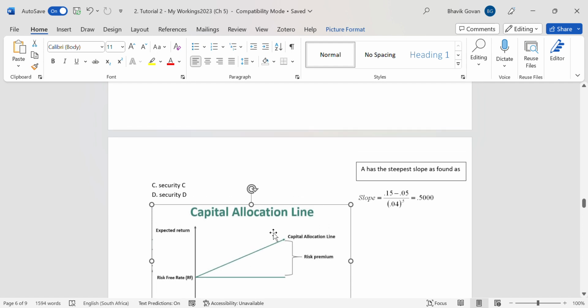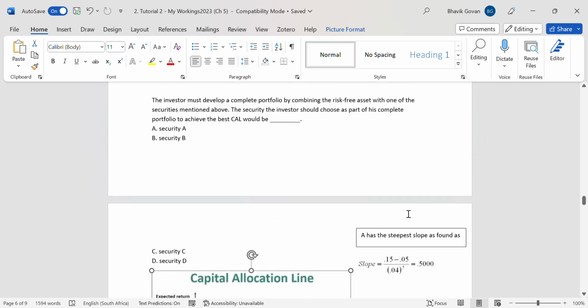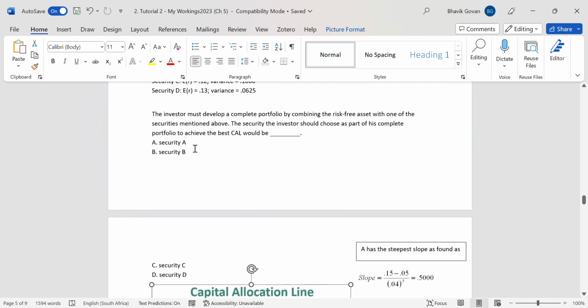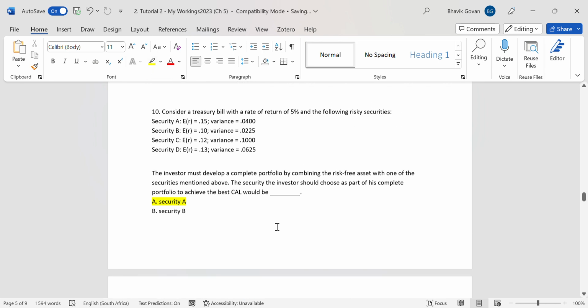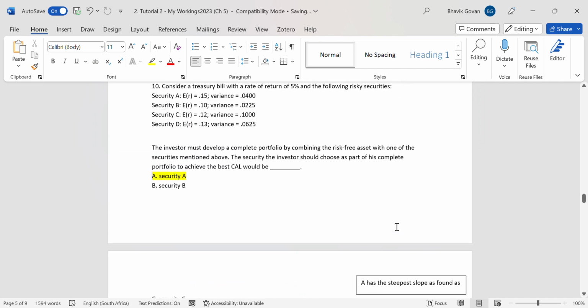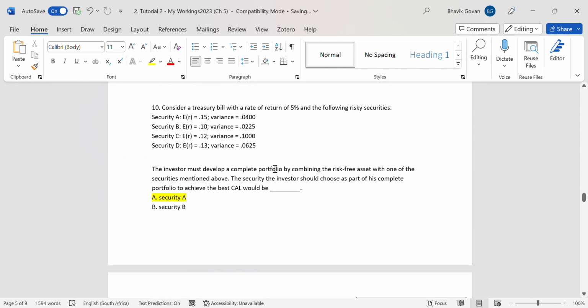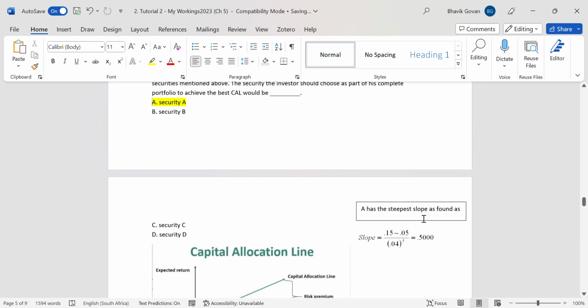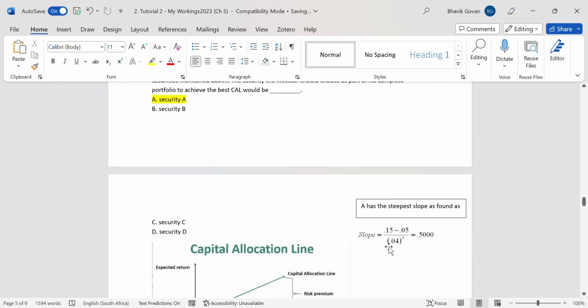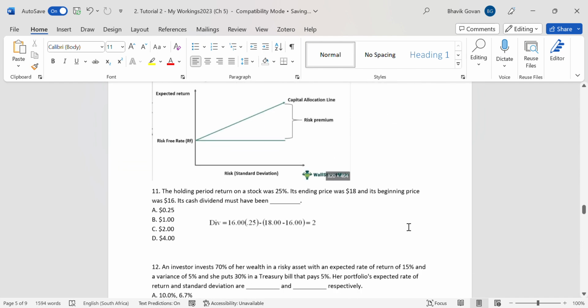So the answer, you basically calculate the slope of each security, and the one with the highest one, that's your answer. So in this case, it was security A. To calculate the slope, I just said I took the return of 15% minus the risk-free rate of 5% all over the risk or the variance to the power of a half or the square root, and basically A is the highest. Okay,